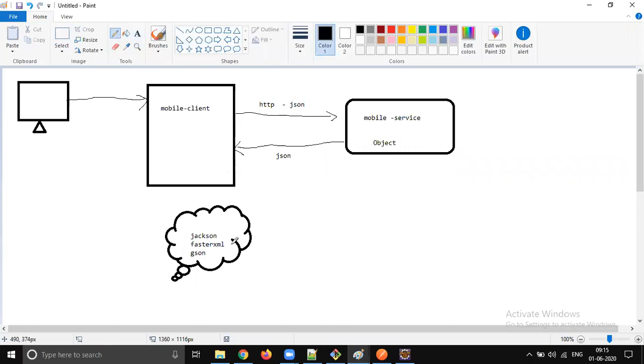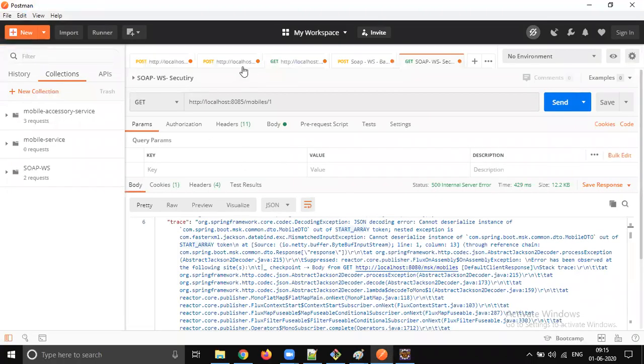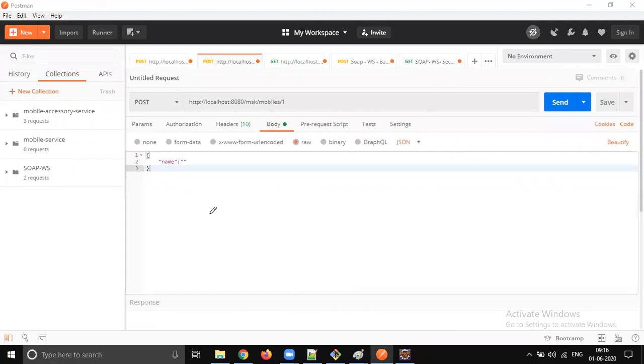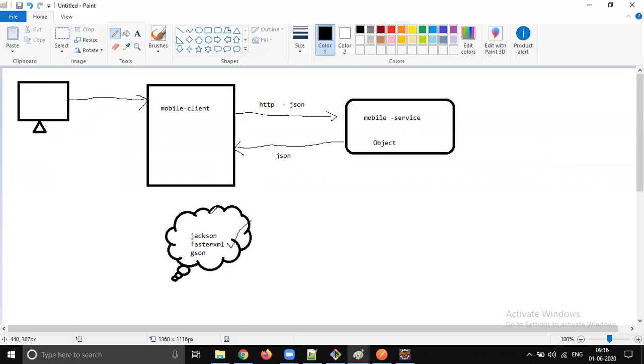You might think, when you trigger a request from Postman, in the body section we are sending some JSON data, but this JSON is automatically getting converted into a Java object. How is it happening? Just because of these libraries. Java doesn't know anything about JSON, because that is a JavaScript object, not a Java object. So who is converting the JavaScript object into Java? These libraries, because Spring Boot already has these libraries. They convert the JSON object to a Java object.